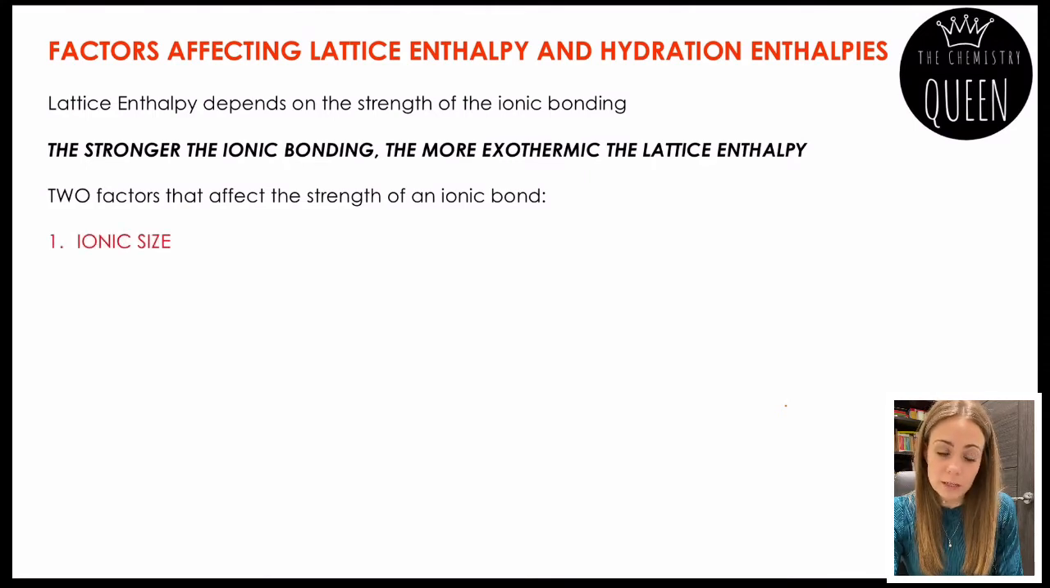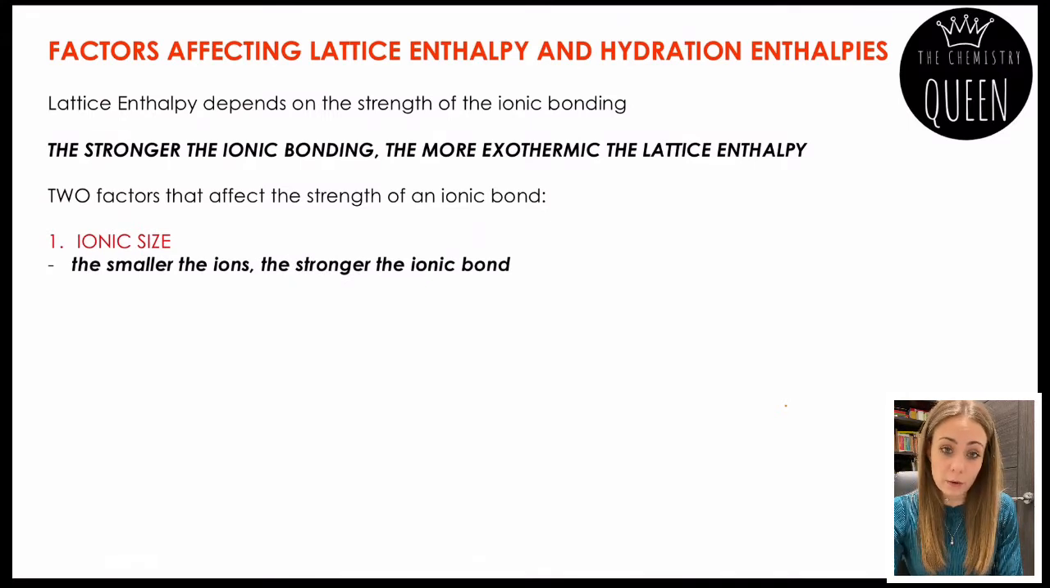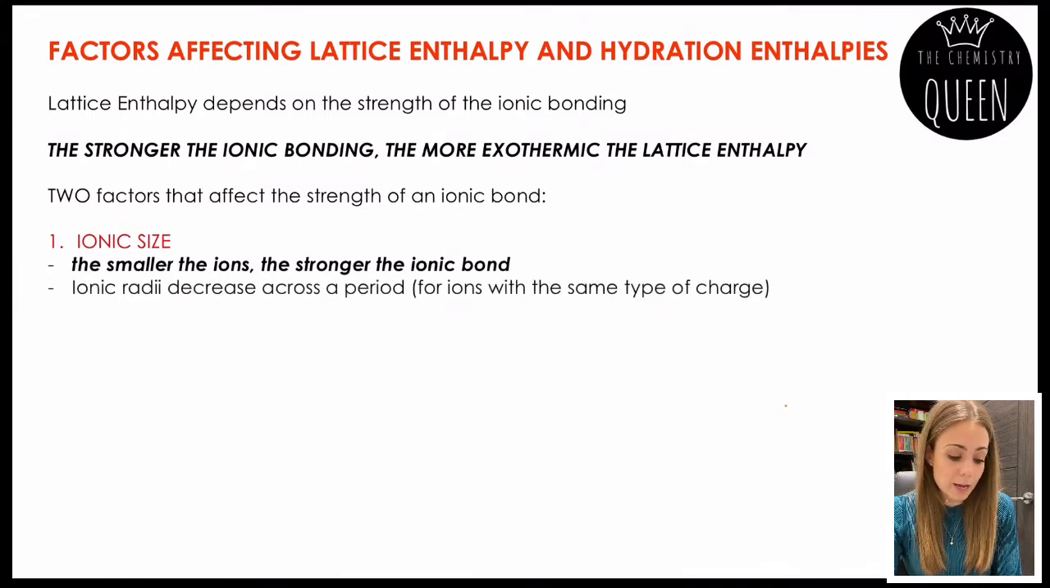The first factor being ionic size. Now, the smaller the ions, the stronger the ionic bond. And as we go across a period, we should know that ionic radii actually decrease. This is for ions that have the same type of charge. So positive ions across a period, the ionic radii will decrease, and negative ions across a period, the ionic radii